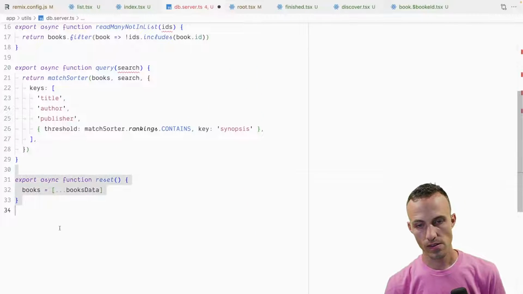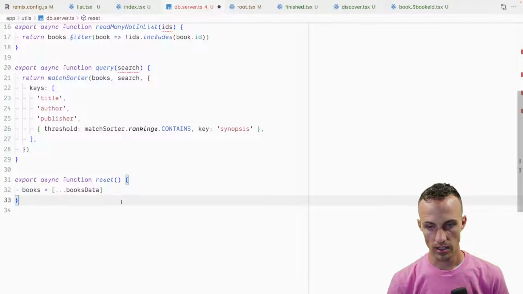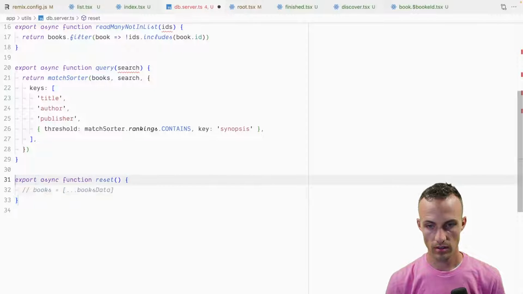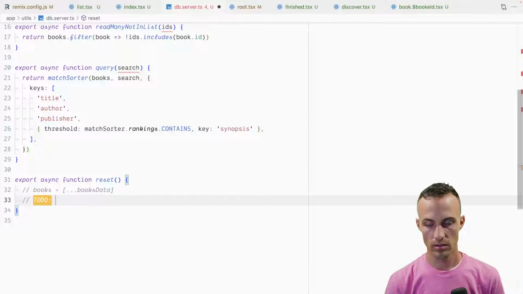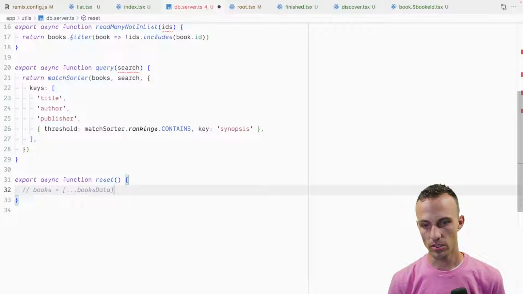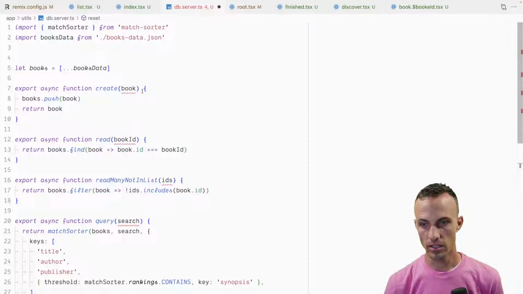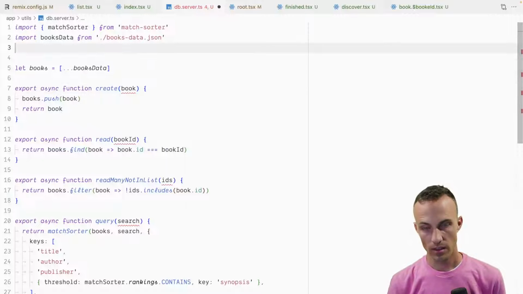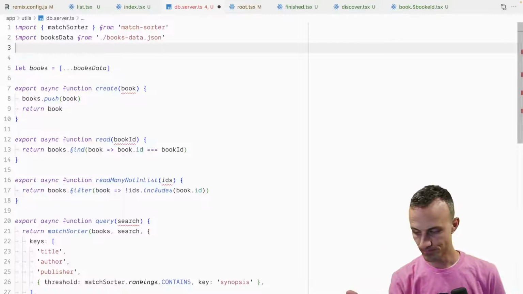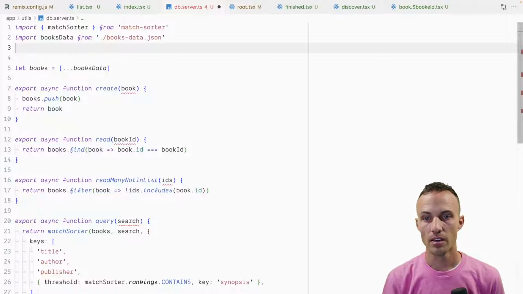Yeah, reset, that's going to have to be implemented differently. Maybe it's actually okay. We just have to write to disk for all of these things that we're actually writing. We'll have to think about that. Okay, anyway,